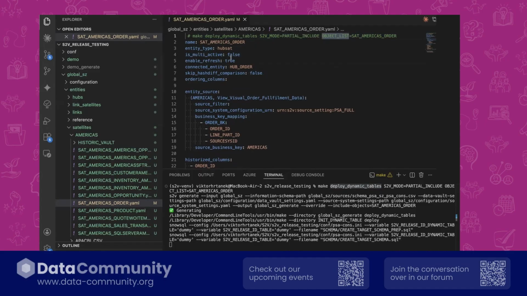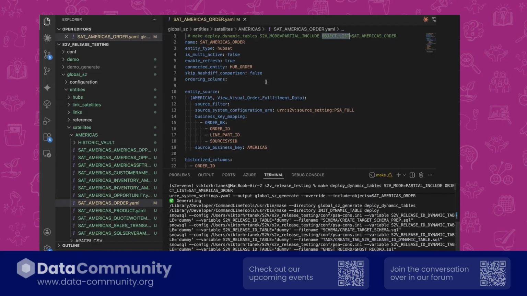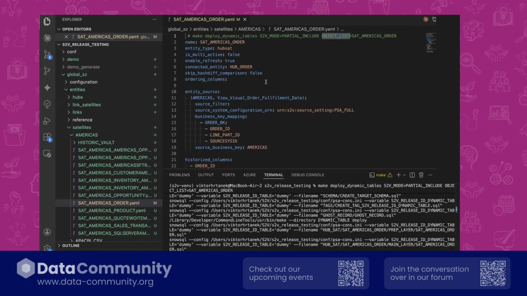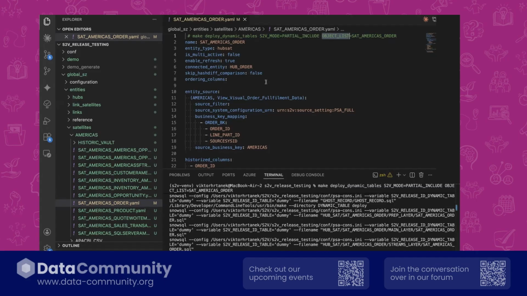In this case, I want to deploy only satellite Americas over there. Simply by constructing your cookbook, you can be super efficient. And now you see that with one command, which ran with the validation, because validation is part of generation by default, I deployed my Sat America order with a new column added